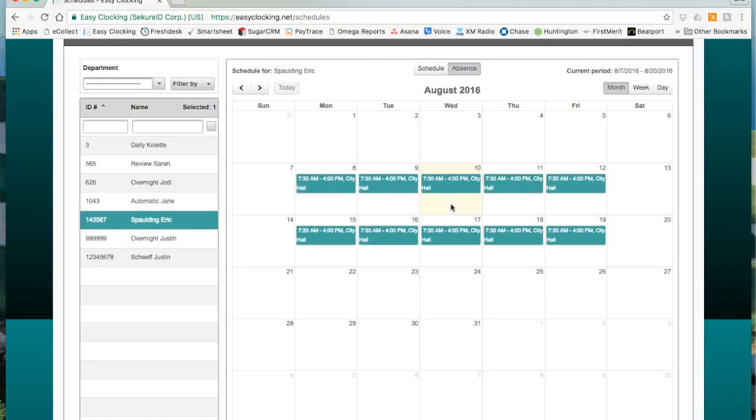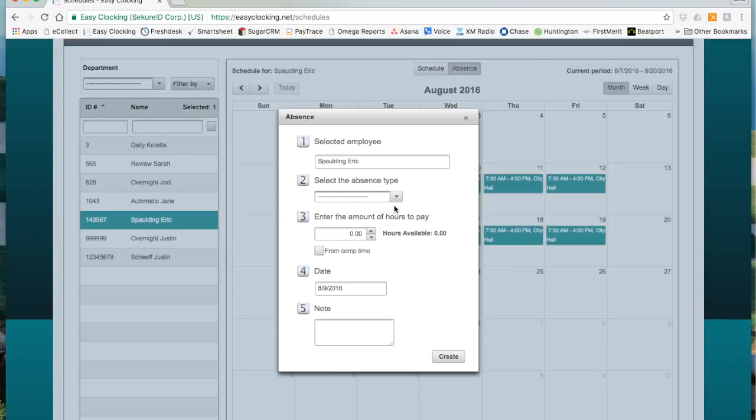Let's say that Eric is going to be absent on Tuesday the 9th. If I click on the day, you'll note that the menu says absence. It gives us the selected employee, and we can go down and select the type of absence we are going to have. In this case, we're going to say Eric is taking a vacation day. We then enter in the number of hours per day that Eric is going to take. It gives us a confirmation of how many hours are available and the date that we are going to take